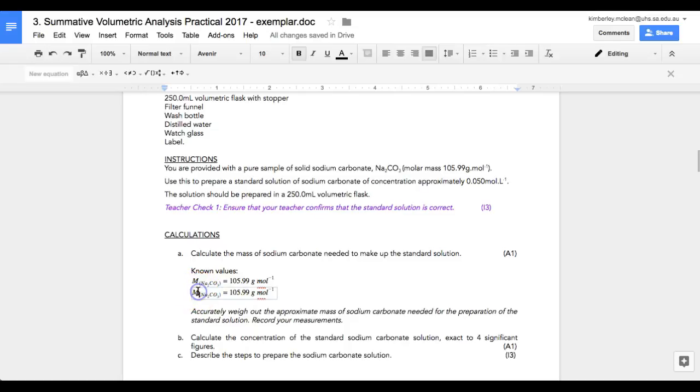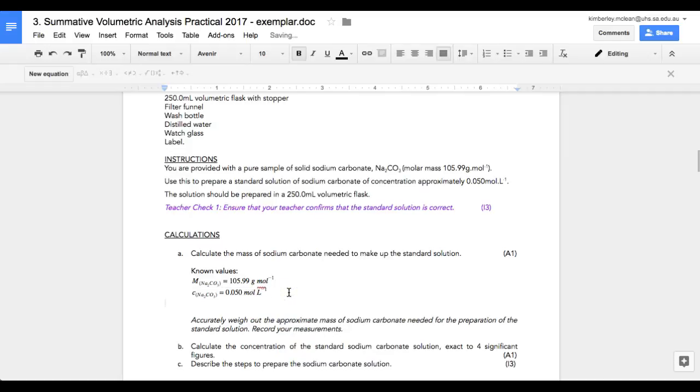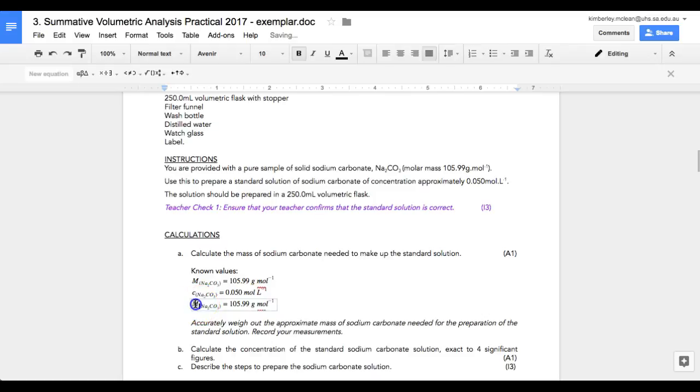because another known value relating to sodium carbonate is the concentration which is required, which I know to be 0.050 mole, this time per litre. And finally, the third value, which is known about sodium carbonate, is the volume of which we're going to make the solution. So I'll put a capital V for volume